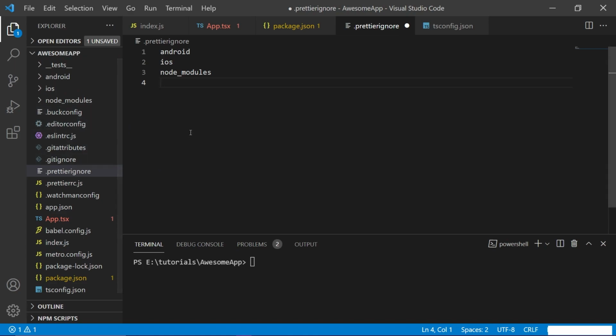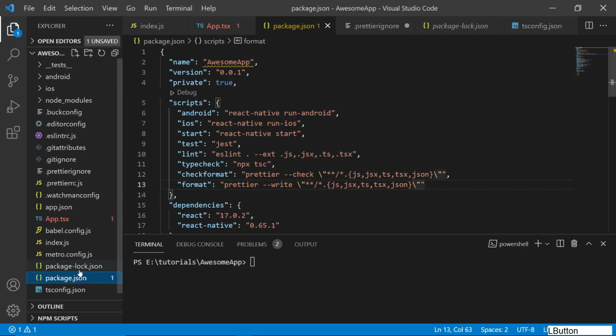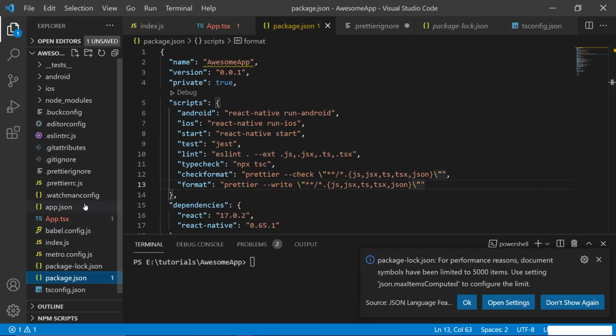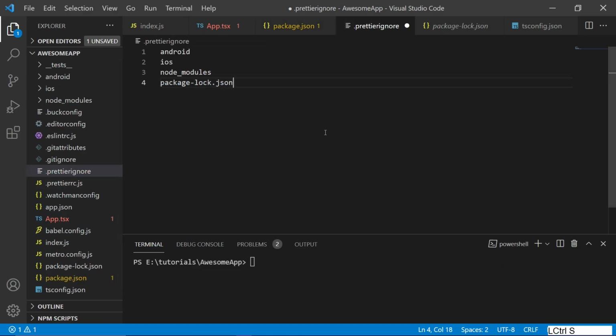So as well as package lock.json, right? Because it is auto-generated file, so we don't need to check it if it's formatted or not. Okay, so let's save this file